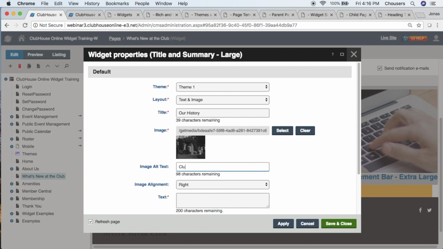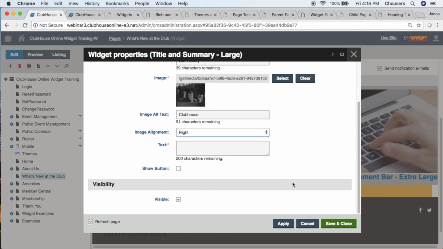So for example, have our clubhouse. Your next option is to choose whether you want this image to appear on the right or the left-hand side of your text. Then we've got our subtext. So for example,